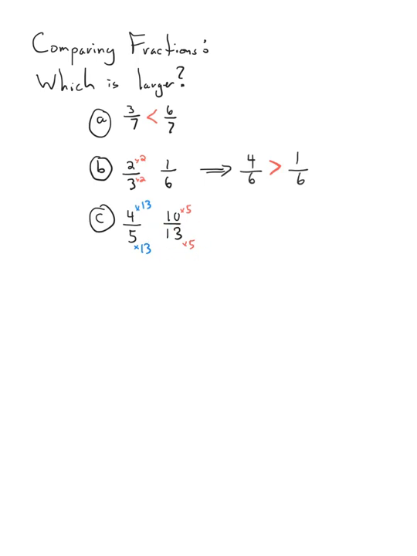So this gives me, well, 4 times 13, you can check, is 52. And 5 times 13 is 65, so this is 52 over 65. And 10 over 13 is 5 times 10, which is 50. 13 times 5 is, of course, the same, 65. And now it's obvious. So 52/65 is greater than 50/65. So kind of the rule here, I guess,